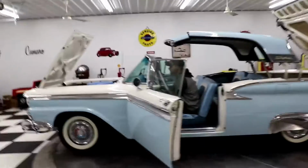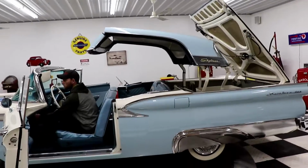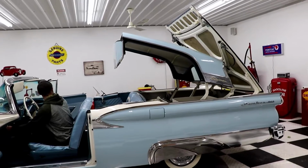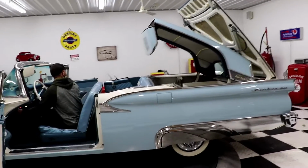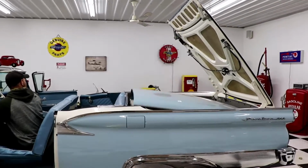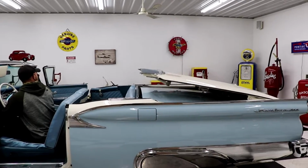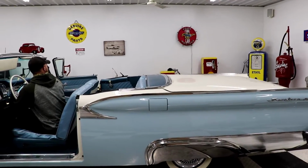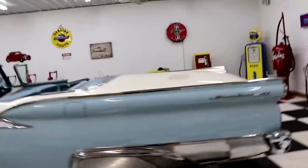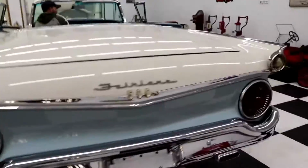Okay, here we're showing you the top operation on this car. Sorry, I already started the top operation, and Danny, I told him to come over here to help me do a video of it quick. And there you have it, folks. That is the top operation of this wonderful